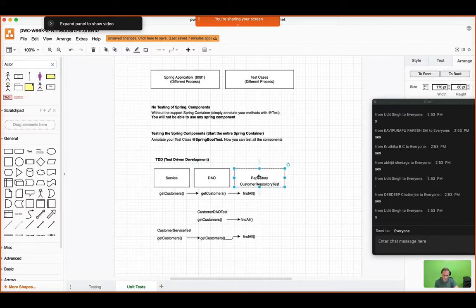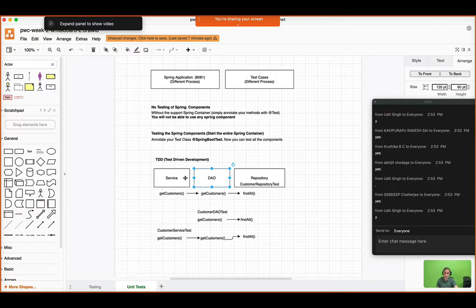Right? If my repository is not yet implemented, it shouldn't mean that I must not be able to test my DAO. So given a component, and here we are talking about 3 components, the layers are always these 4 layers. You've got the controller layer, the service layer, the DAO layer, and the repository. That's fine. But otherwise, these layers still remain the same, but you may have many other classes talking